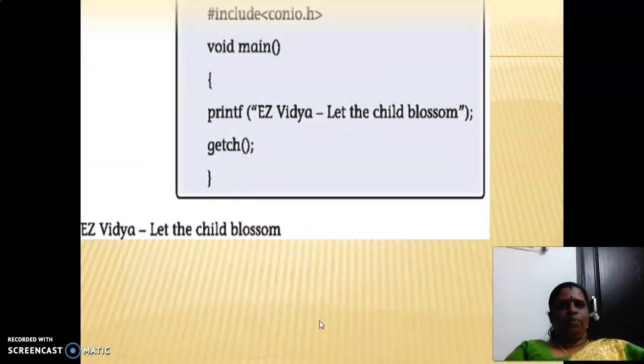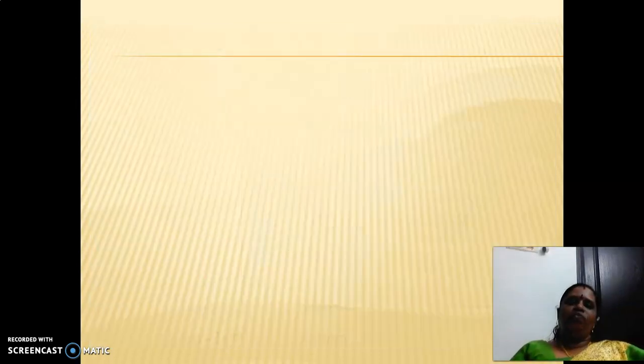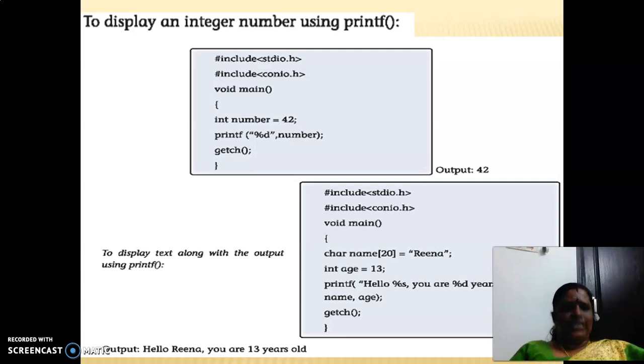So this is the example program for printf. Printf outputs what is there in the printf. Clear with the use of scanf and printf? To display an integer, %d comma number. In scanf, the ampersand symbol is used, but here no ampersand symbol is used.